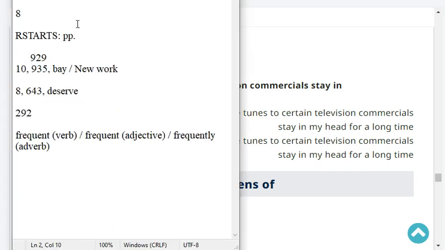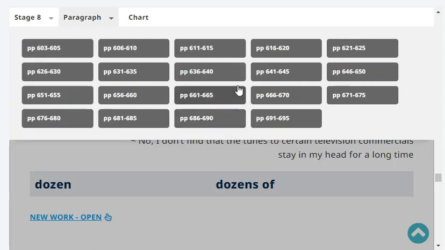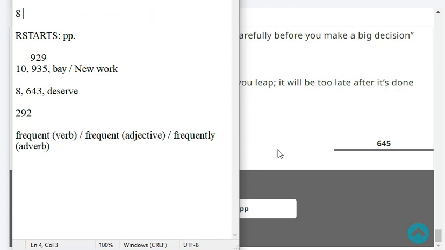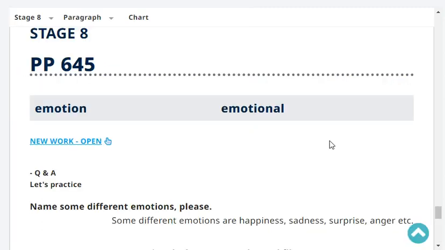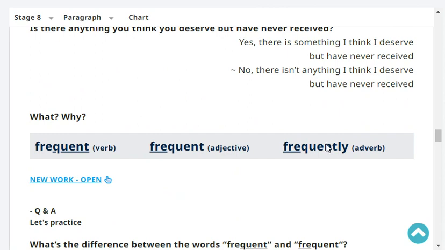Okay, so now let's move on to reading. Very good. So our reading is at stage 8, paragraph page 643. Past head word was deserve. Okay, please start at head word frequent, frequent, and frequently at the bottom. Frequent, frequent, frequently. What's the difference between the word